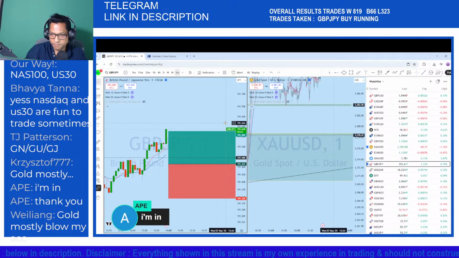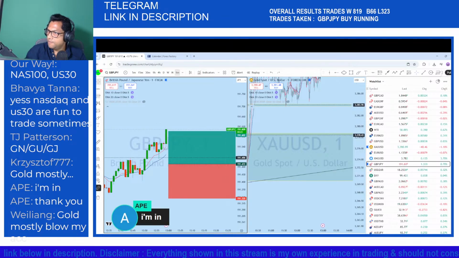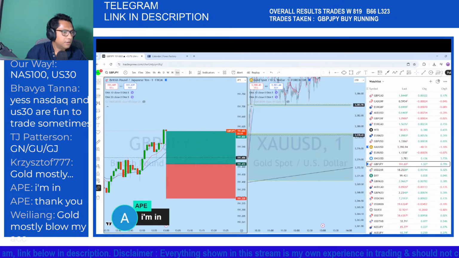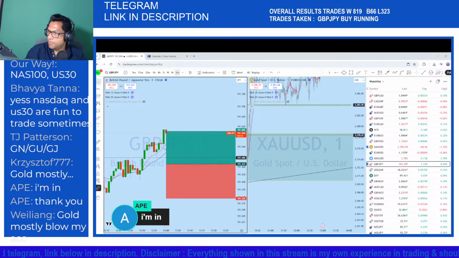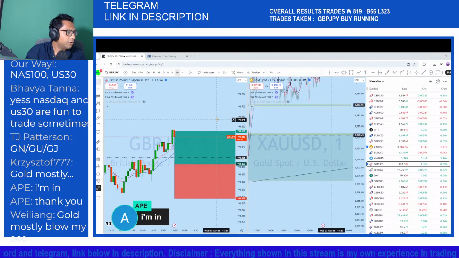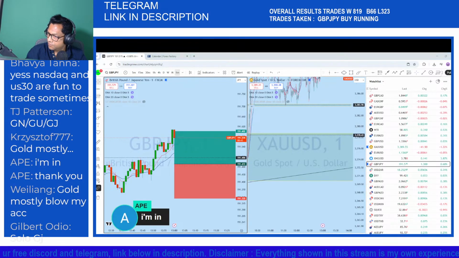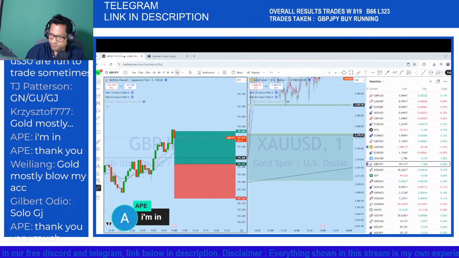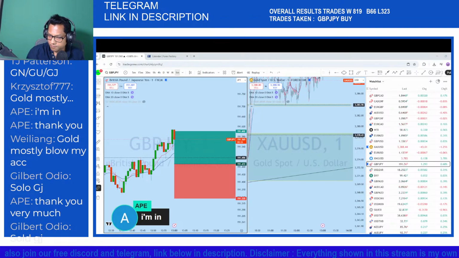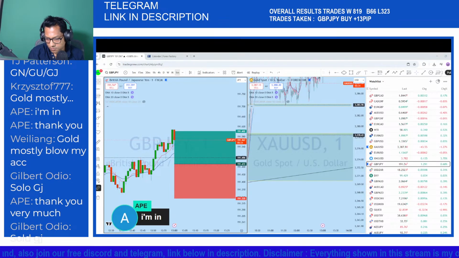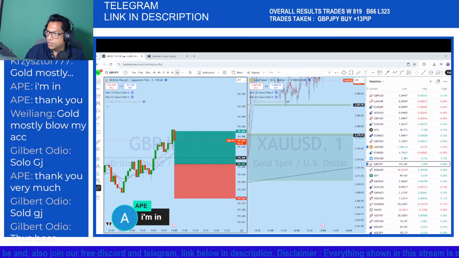Nearing the TP. Yeah, TP hit on this. TP hit. Okay, we secured 13 pips on GBPJPY. Now let's see